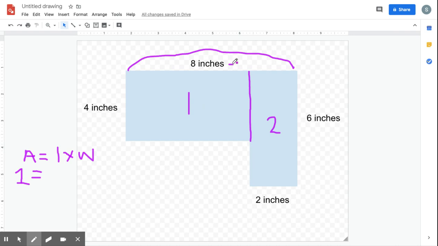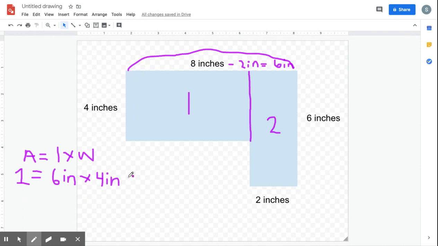It would be 8 inches minus 2 inches, which leaves me with that side equaling 6 inches. Because we cut this shape off, pretend that I just move that shape over there and we're left with this side. So my area for this is 6 inches, always remember our units, times